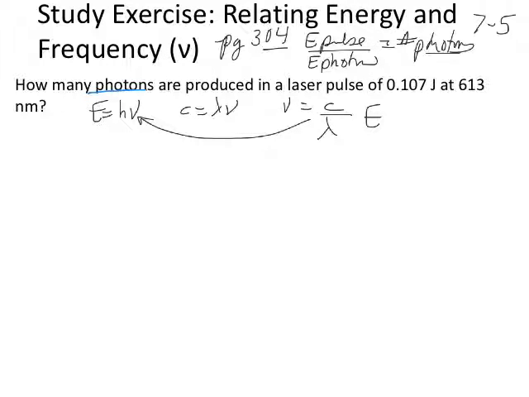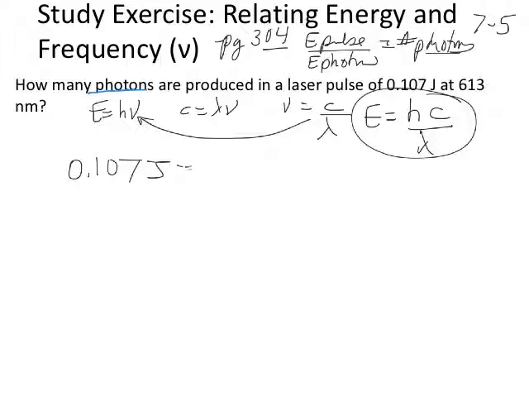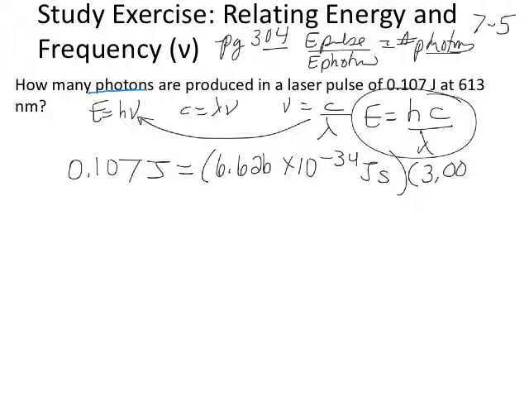I say E equals h times c over lambda. So I have 0.107 joules is my energy. I have Planck's constant, 6.626 times 10 to the negative 34 joules times second, times the speed of light, 3.00 times 10 to the 8th